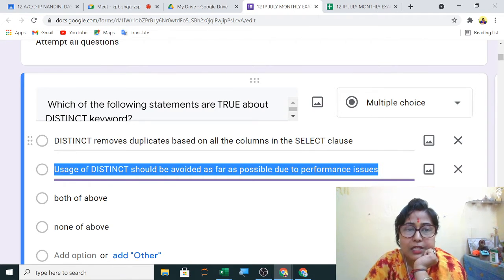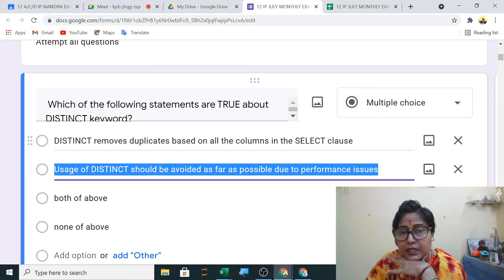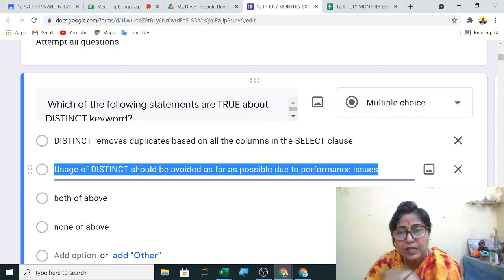So the SELECT command removes the duplicates. Performance issues means suppose you have to see the performance of each student, of each company, of each department, of all the departments. If you use DISTINCT and it shows only once, not for all, that time it is creating problems.